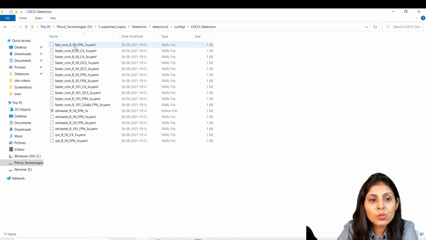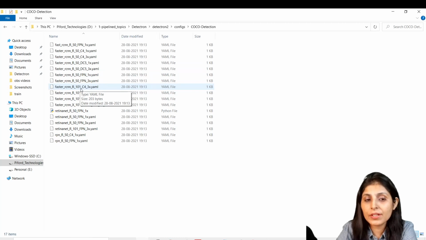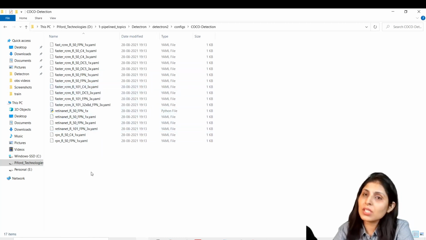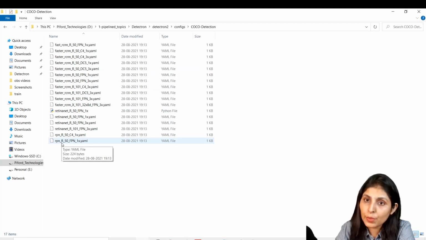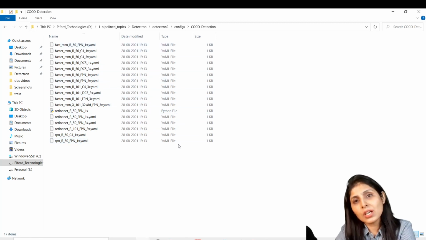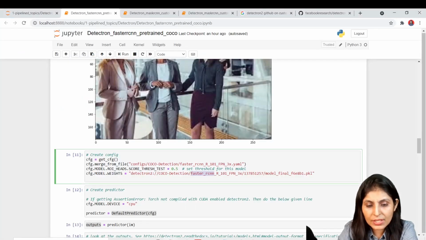The very first one is using Faster R-CNN ResNet 50 with Feature Pyramid Network. And in the same way, you can see over here the number of layers are different, right? So these are the different layers. You can even use RPN, the region proposal network, right? So these are the different models. They have already written the code over there. We just need to call them. So that's what I'm doing.